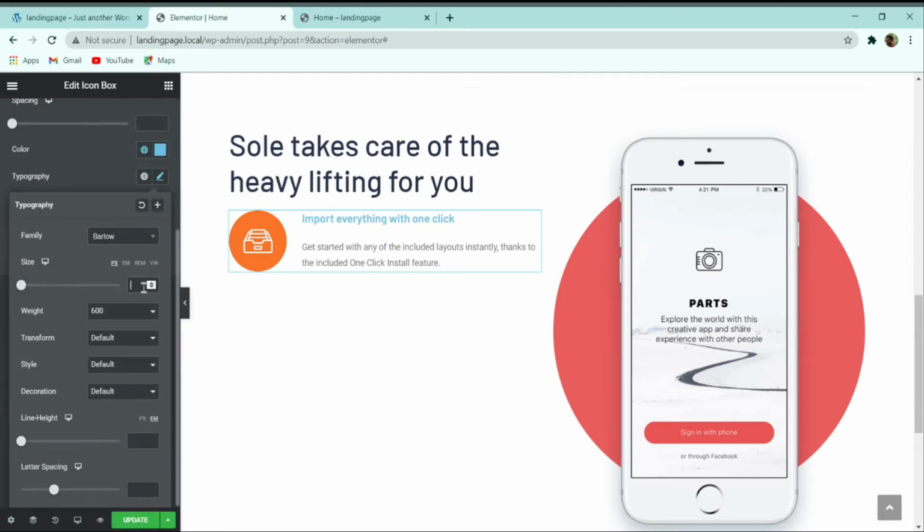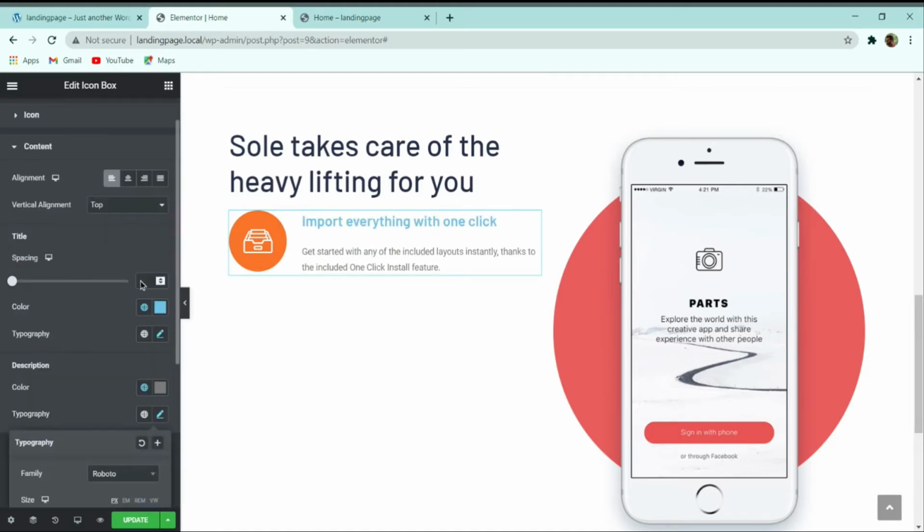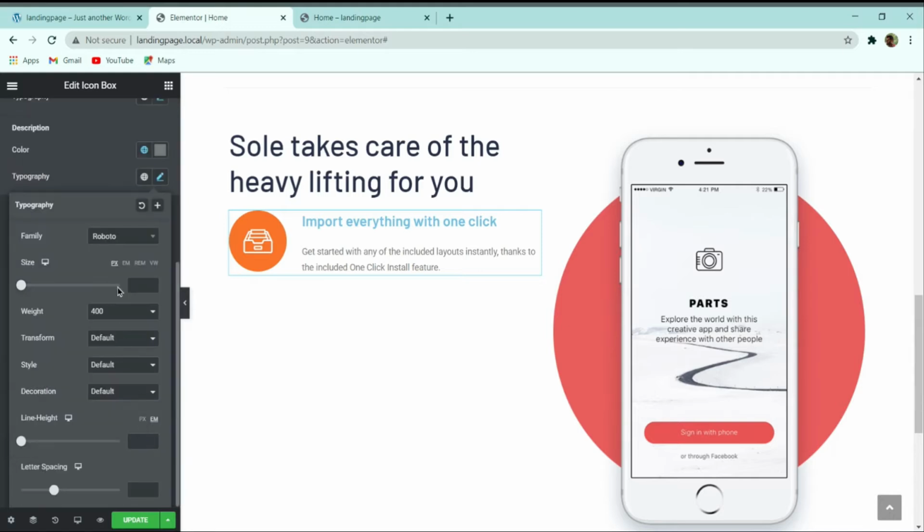Here again I will select Barlow, and then for the title text I can select 23, and then for the description part again I can change the font family to Barlow, and then I will give it 16, weight 600, and line height 30 pixel.